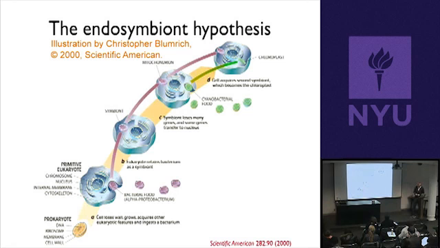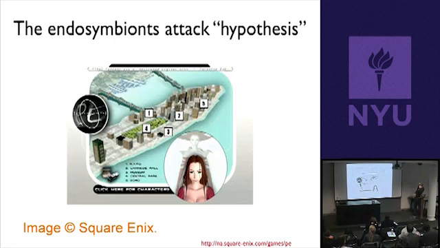Okay. So as I was saying, the endosymbiont hypothesis is now firm science, but it's also entered the popular culture. So anyone who's watched the Star Wars movies knows that Jedi are very high in what are called midichlorians. Okay, so this is like a huge ripoff of mitochondria and chloroplasts, and the idea is that they have these special organelles and that they're at very high levels in Jedi, and that those organelles don't produce energy, they don't photosynthesize, but they allow the Jedi to communicate with the Force. Here's another example that I kind of like about the endosymbiont hypothesis, and that's the idea that the mitochondria are really just hanging out until they get their day to have revenge on us.